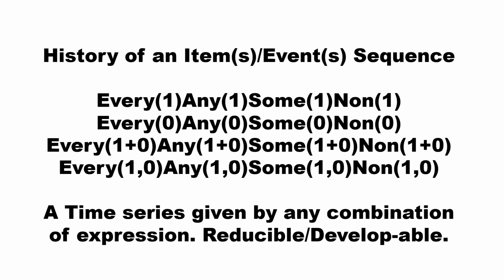Here's a so-called history of an items and event sequence that may not be considered in our historical interpretations of today. And here, this could represent a numeric series or sequence for any object and or objects, which could be said to give a new history or time sequence depiction, or a history of any items and events. Any object and or objects could be expressed in a new numeric series, principal series with this, giving a perfectly viable knowledge system, reducible and developable in this case.